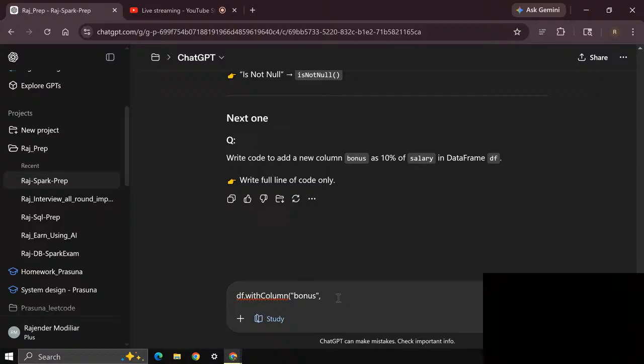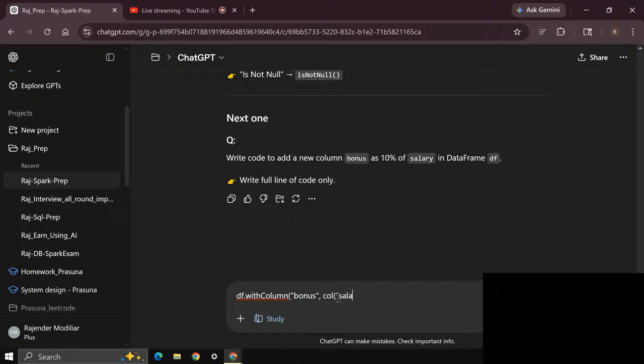Write code to add new column bonus as 10% of salary in data frame df. Okay, df dot with column bonus, comma, 10% of column salary into column of, let's specify a comma here, col